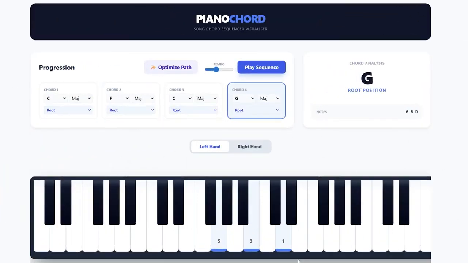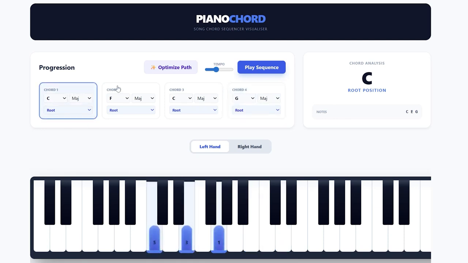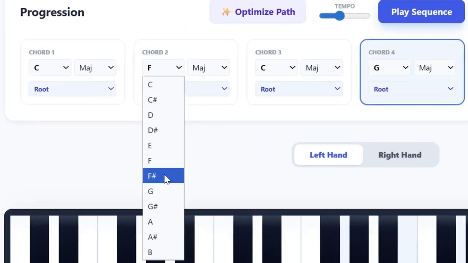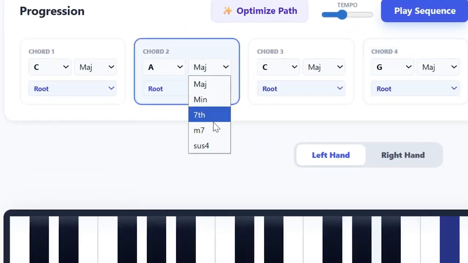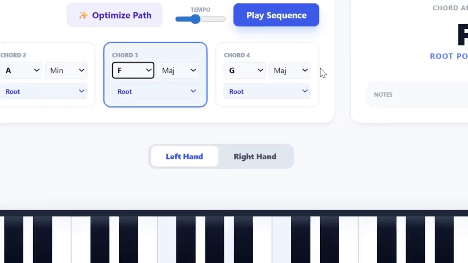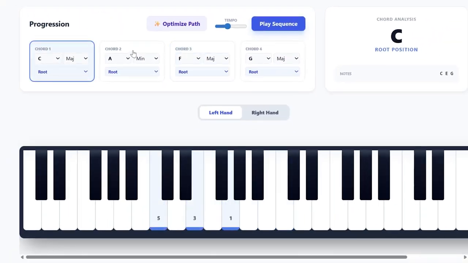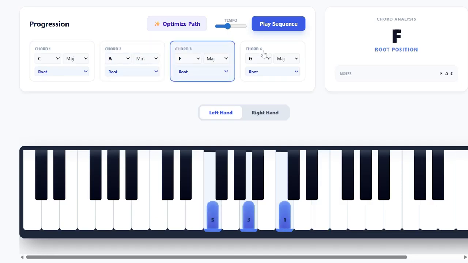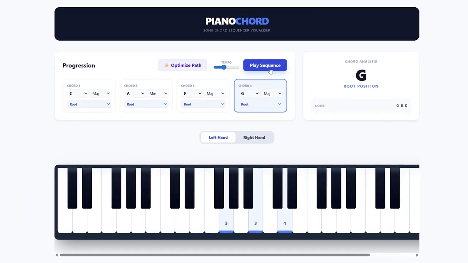Right, so we've got our chord sequence. I'm just moving to this piano chord visualizer thing. So at the moment, we've got C, F, C and G. Well, that's not right. So let's just get the chords. A minor. These are what I was playing on the guitar. So it's C, A minor, F and G. If I play that sequence,